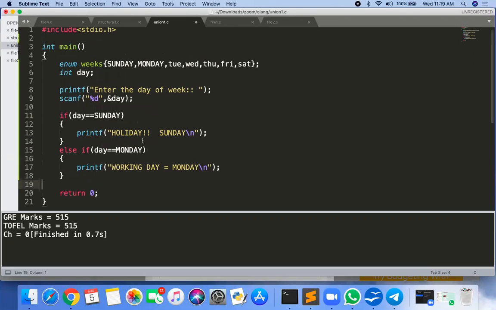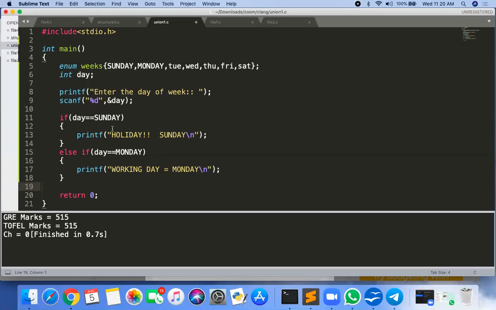Okay. So what is the difference between the previous program and this program now? Which is more readable? This is more readable. Why? Because by looking at the program, you can say that here, if day is Sunday, then it is holiday. But instead of that, if I'm putting 0 here, then if day equal to 0, what is the meaning of 0? I don't know. So what is enum here? This Sunday I have created in my enumeration, in which I have created one symbolic constant. So there the meaning of Sunday is defined here.